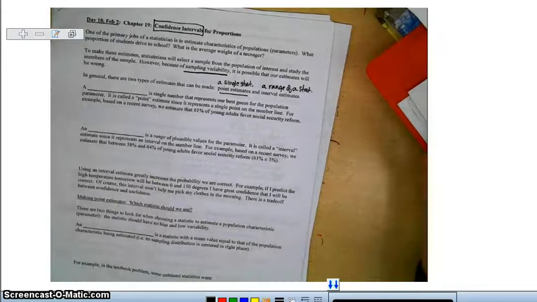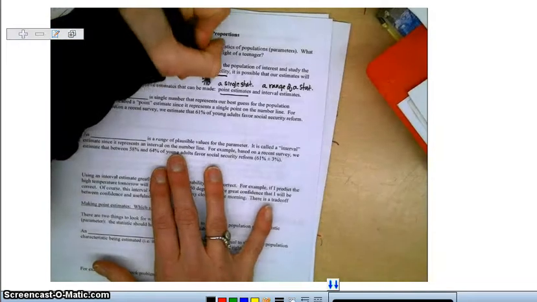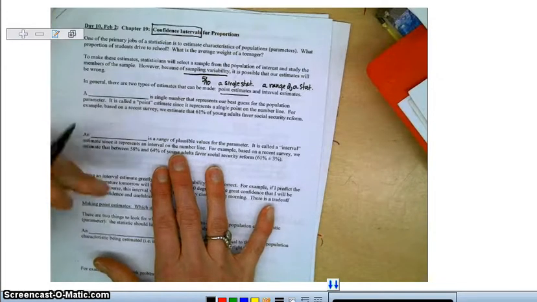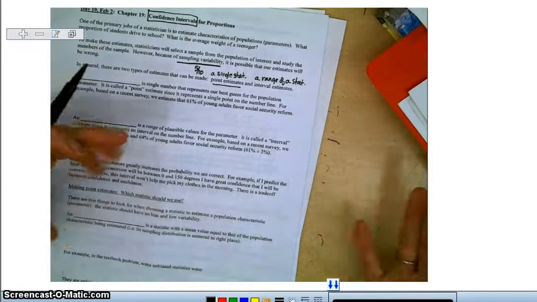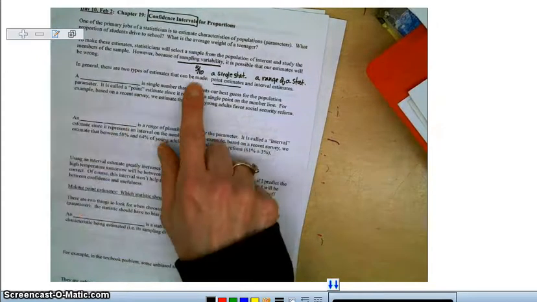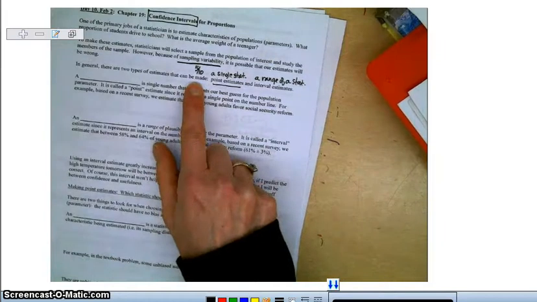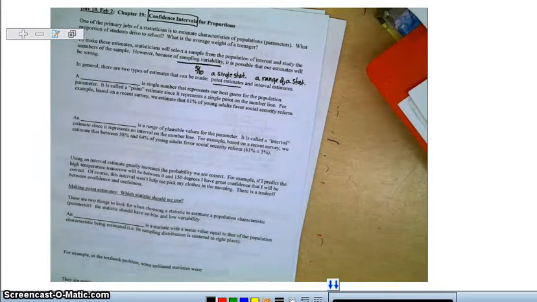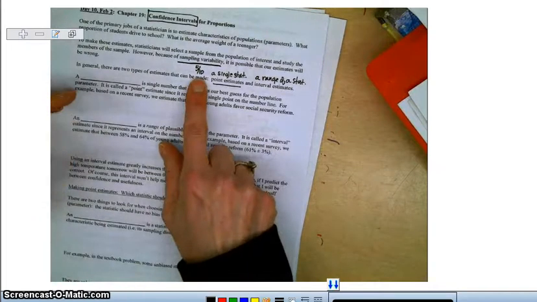Go ask 10 people, do you eat at McDonald's, yes or no? You either eat there or you don't eat there. Okay, so I get a single value. Let's say I find that 5 out of 10 students ate at McDonald's. That is a single statistic. Okay, what we're going to do is we're going to say, okay, well, that single statistic, I'm trying to find out, when I ask the question, do you eat at McDonald's, yes or no, I want to know overall, like everybody, do you eat at McDonald's? But I'm only going to ask a small portion. And so that's probably a wrong answer, isn't it?